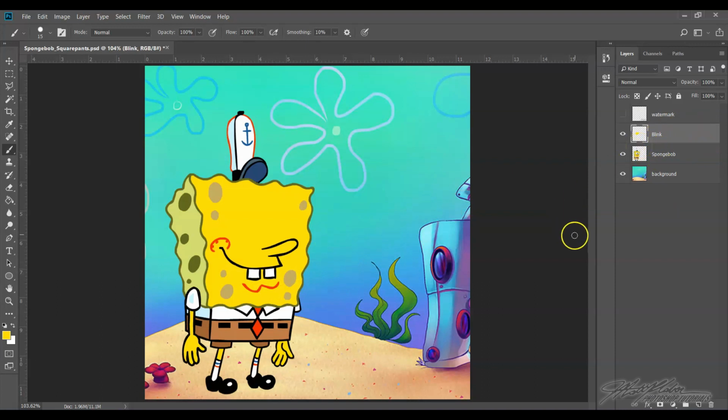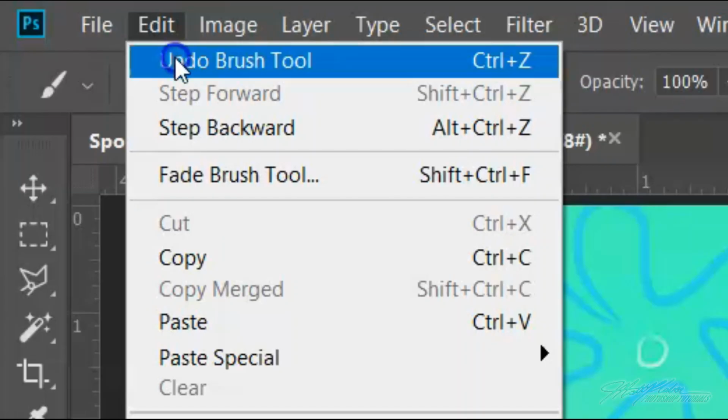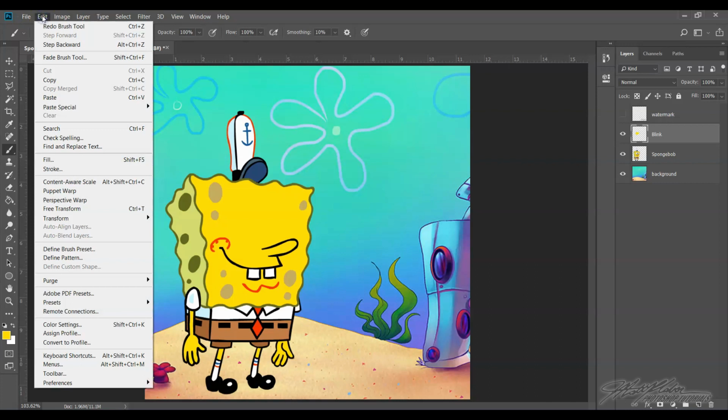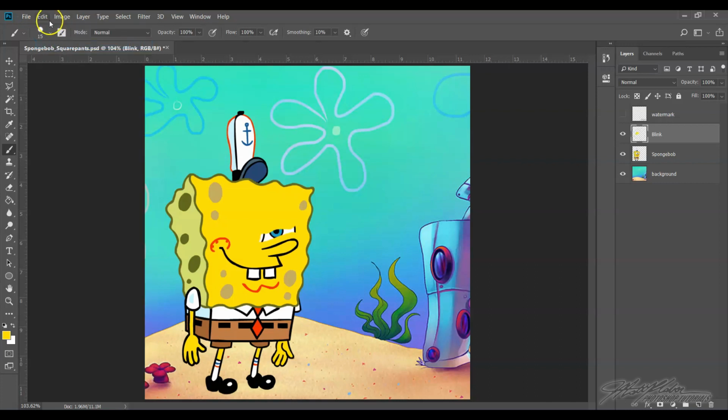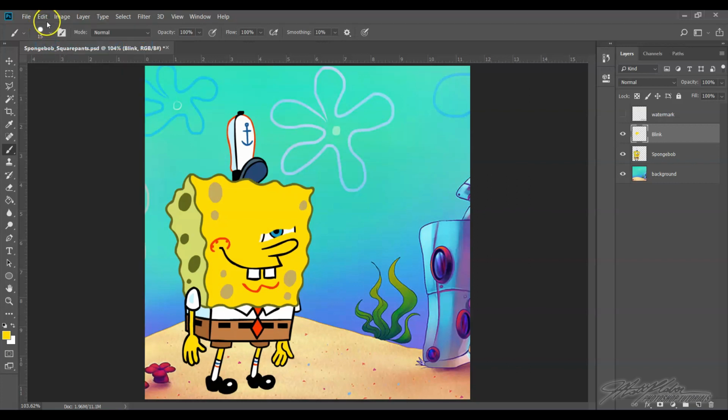So here's where it takes some practice, and just in case you mess up, don't forget you can always go to Edit, Undo, and it'll undo your last mark. And if you really screw up, you can go to Edit, Step Backward, and step backward, step backward, step backward until